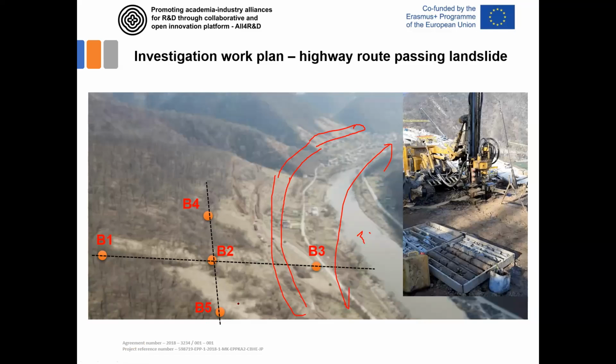3 kilometers. If you divide this, it means 15 boreholes. It is 5 boreholes in 1 kilometer minimum. So that means 1, 2, 3, 4, 5, 1, 2, 3, 4, 5, 1, 2, 3, 4, 5. That's every 200 meters. But if you see this, before the construction of this work, it was performed 1, 2,